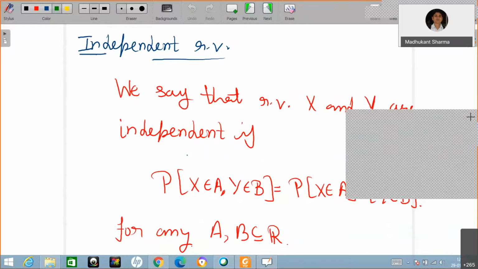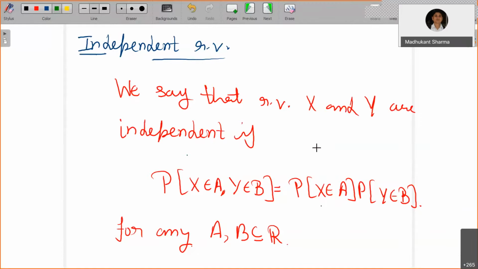Now, we say that the random variables x and y, so we have two random variables. All these things we have defined so far can be extended to any finitely many random variables. Instead of 2, you can talk about 3 random variables, 4, 5, and so on. Not only that, you can also talk about their linear combination or product or division as well. In some of them we are also looking at this.